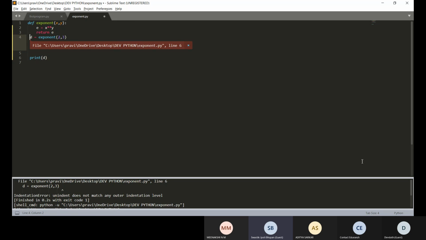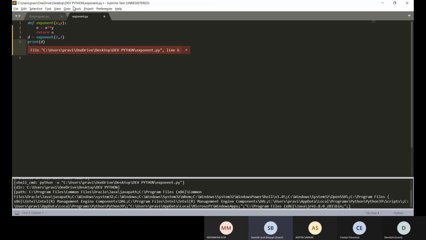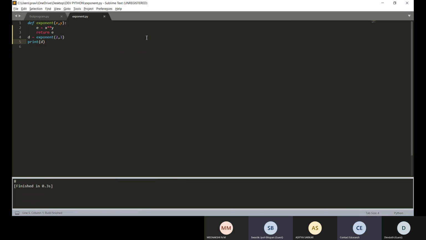Now run. Sir, can you see my screen? No, it's not coming up. No, wait. Let's finish with Devdutt. Sir, yes, the space. Yes.